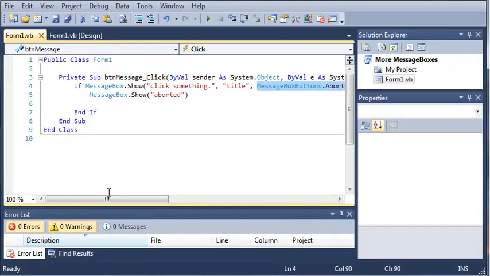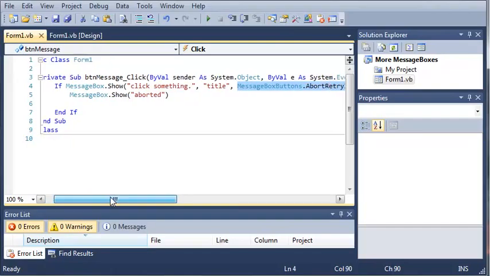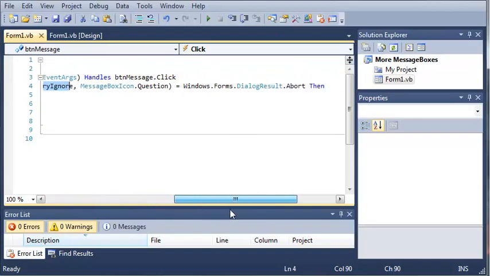Now my challenge for you guys is to add some else if statements that will handle if they click something other than abort. So let's say if they click retry, it's going to messagebox.show retrying. You can also put this in a select case statement, which is more efficient than an if statement. So go ahead and practice this. This might be a little bit confusing for you at first, but you'll get the hang of it,